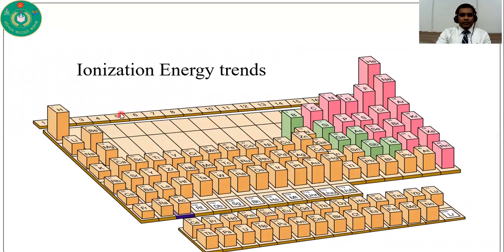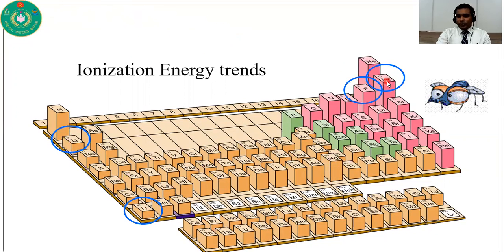So, here you can see that the ionization energy of helium, if we go across a period, increases. Here are the irregularities: the ionization energy of oxygen is less than nitrogen. And in the case of the P group, we can see that ionization energy decreases. And in the case of noble gases, you can also see that ionization energy decreases when we go from top to bottom.